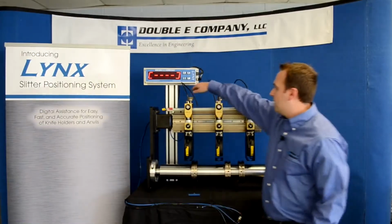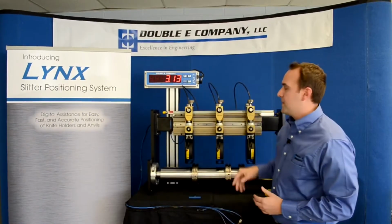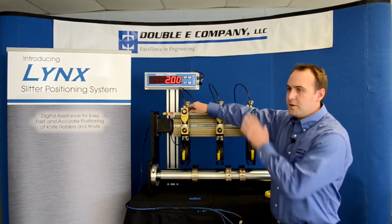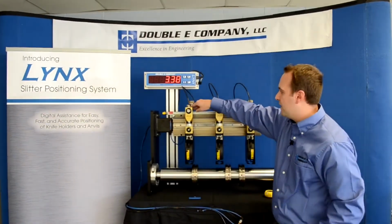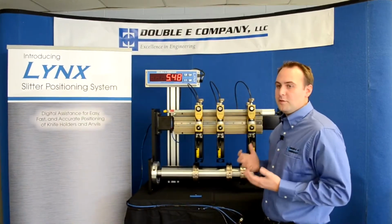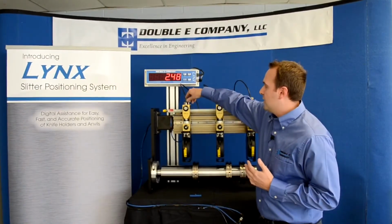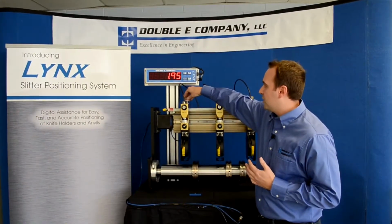For instance, if you're setting up, say, these three knife holders, you can engage the first group, and while moving it along the rail, you'll see the display is showing a live update exactly where that holder is relative to whatever home position you have initially set. So if you want to set your first holder to 2 inches, you simply move it on the linear rail